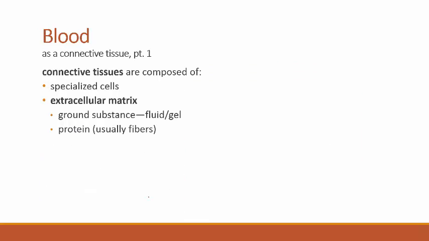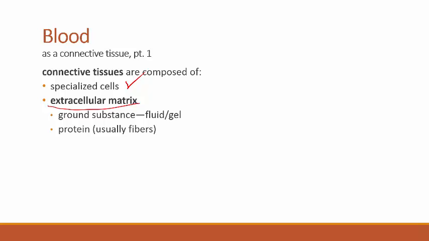Okay, so blood is a connective tissue, and it's been a while since we've talked about connective tissues, so I want to remind you of a couple of things about connective tissues. When we talked about the components or things that made connective tissues, how we could identify connective tissues, there were 3 things that we talked about. Specialized cells are found in connective tissues, and we're going to see specialized cells as we talk about blood. And then external to the cells is a material referred to as extracellular matrix, and that extracellular matrix is composed of two